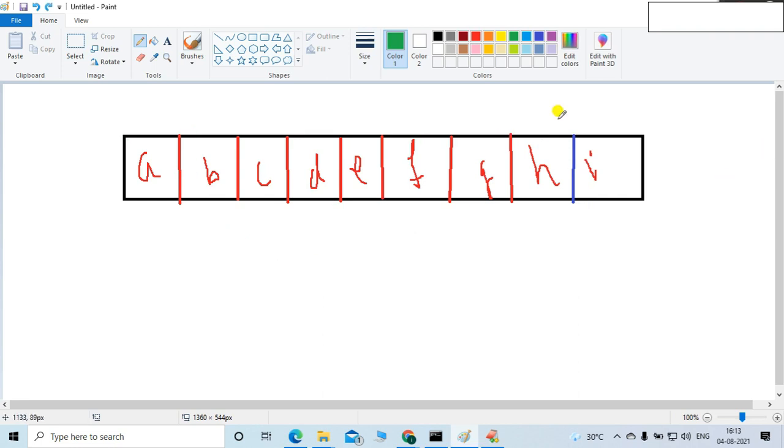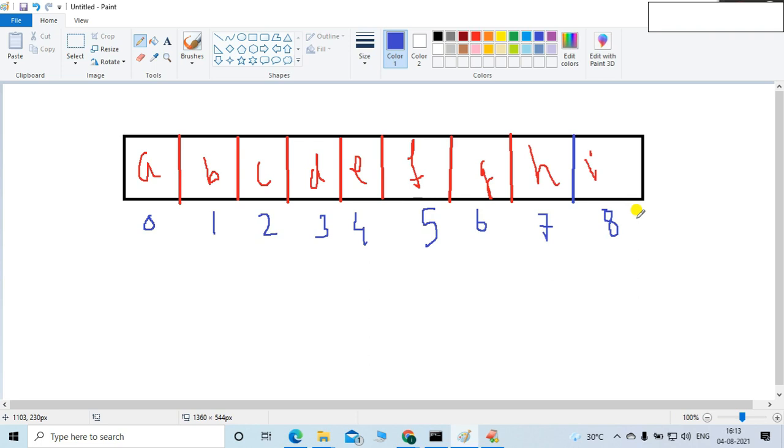Let me first give the indexing, some indices to these characters. First I will give the positive indices. It starts from 0, then 1, 2, 3, 4, 5, 6, 7, and then 8, friends. These are the positive indices.